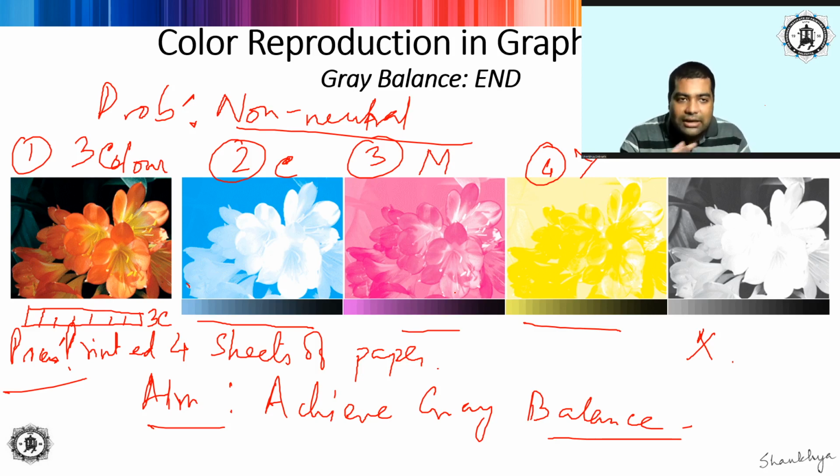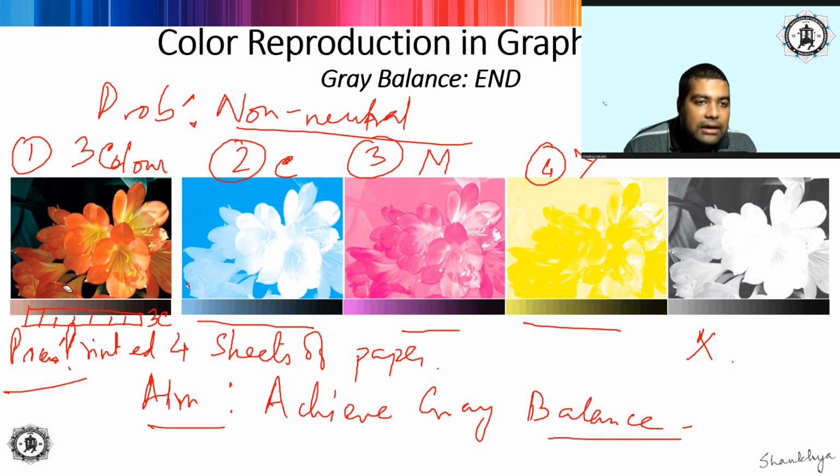Okay, so let me just add that and I'll just come back. Let me just add that grayscale that you're obtaining in the 3 color separation. Yes, so see, I have added one grayscale. Let me just clear this area out. Okay, so this is another grayscale. This is actually the grayscale that is obtained in the 3 color